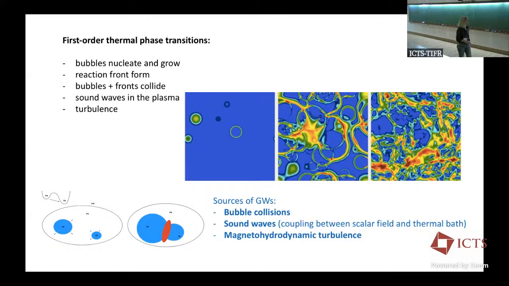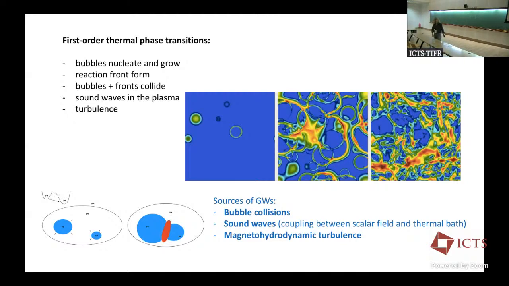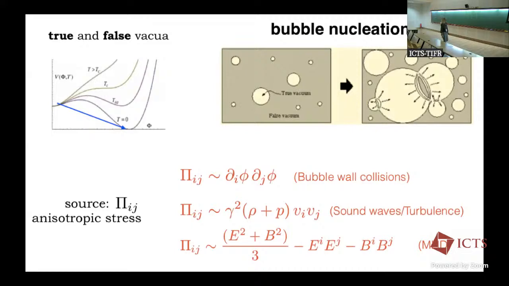I managed. So we're going to discuss the first two. We consider the first two just because they seem to be the dominant mechanisms and because there is no consensus, as far as I know, about the third one. The simulations of the different groups do not give the same results. So you are going to have some mechanism which is going to lead to an anisotropic stress tensor, and it will have a different expression depending on which of these three types of mechanisms for the generation of gravitational waves you have.